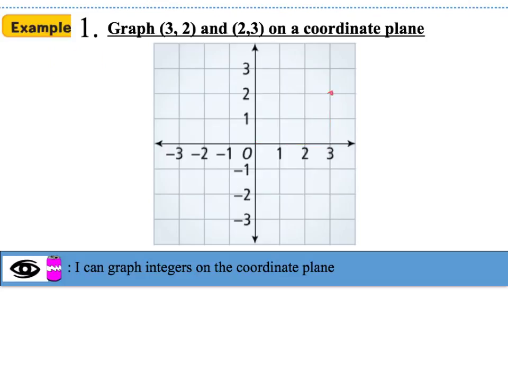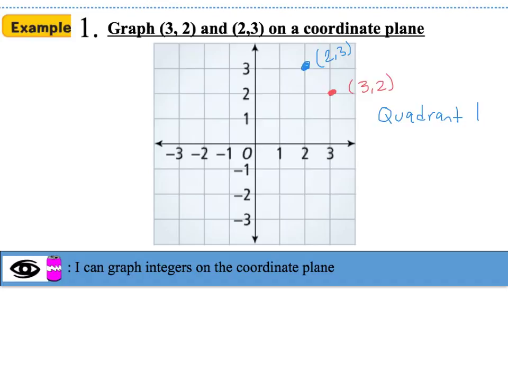So my ordered pair will be at that location, which is 3, 2. Now for the second ordered pair, I'm still going to use x first, y second, and I'm going to go 2 on my x-axis, 1, 2, and I'm going to go up 3 on my y-axis, 1, 2, 3. So the ordered pair that we have would be right here, and that is 2, 3. So we know that both ordered pairs are located in quadrant